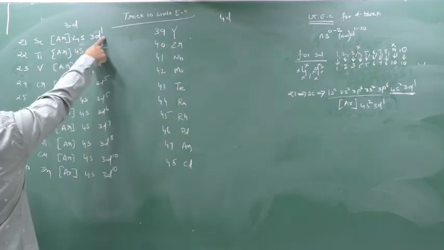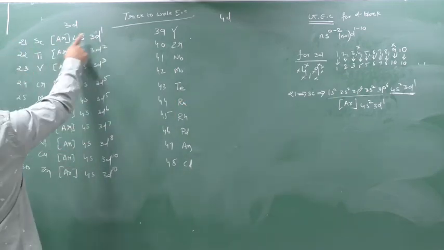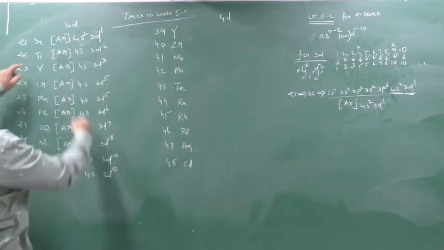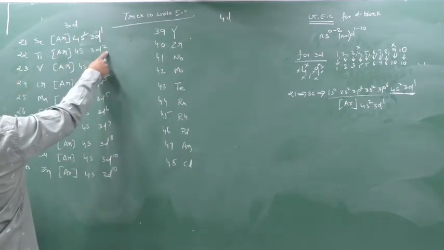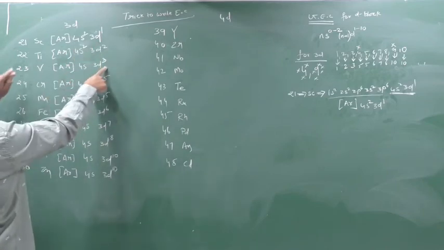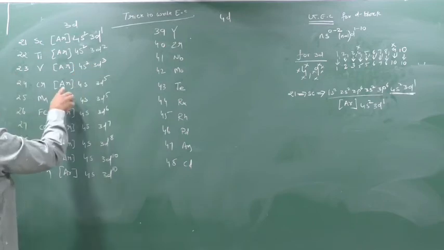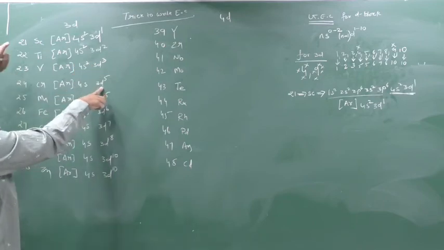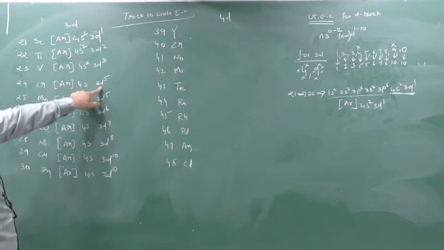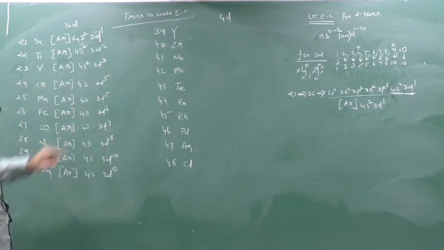18 plus 1, 19. So how many required for 21? 18 plus 1, 19, 20, 21. 2 is coming. 18, 19, 20, 21, 22, 23. So here 18 plus 5, 23, but we require 4. So 18 plus 5, 23 and 24, only 1 will come here.